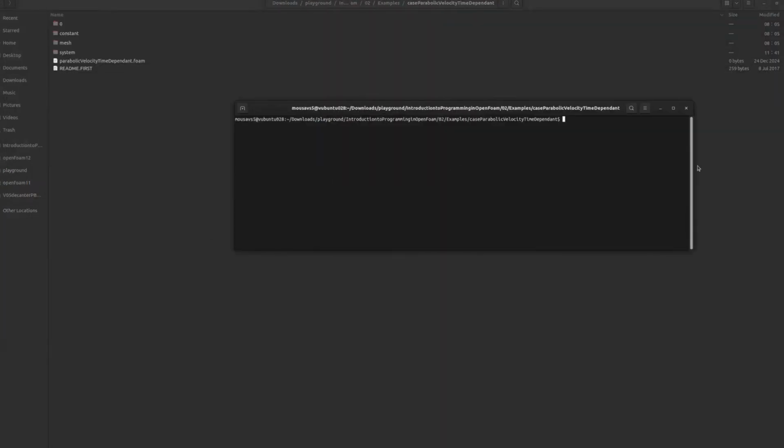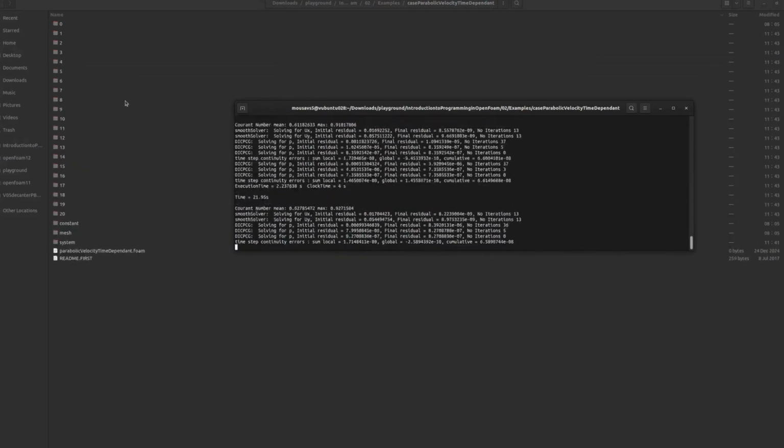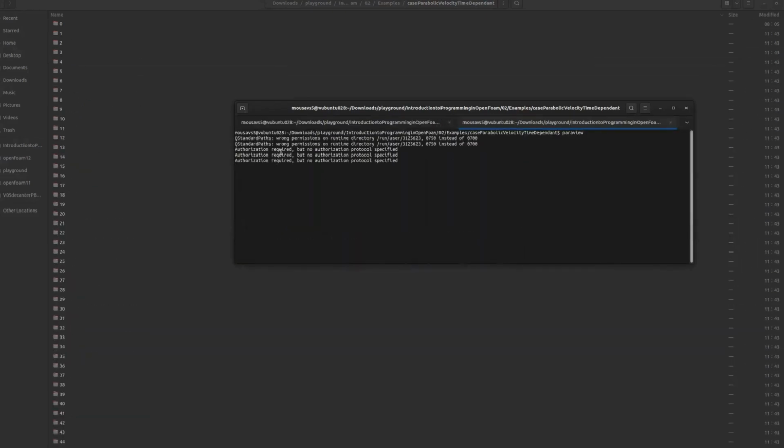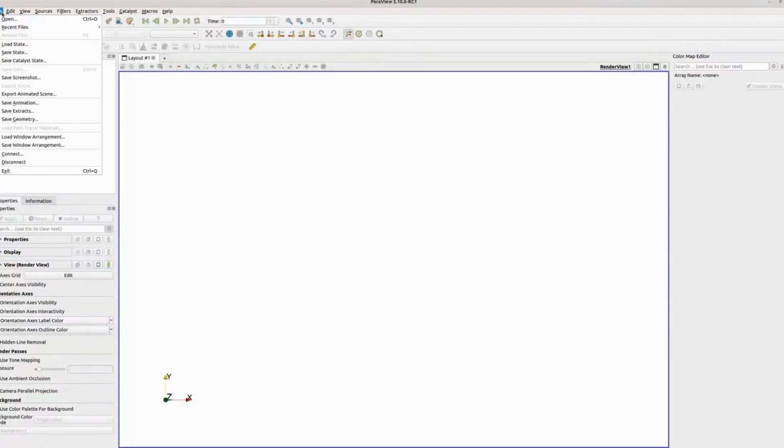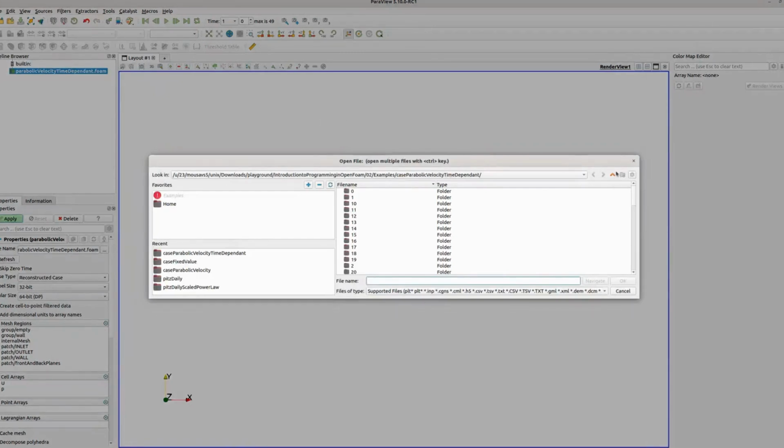Let's see if the geometry has been compiled or created. Let's load OpenFOAM 12 and then the Fluent mesh. In the mesh folder, we have the 2D pipeline, so the geometry is created. I run the simulation using icoFoam. It has started to simulate, and then I open ParaView, open the time dependent case, and also open the parabolic velocity case